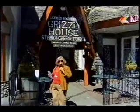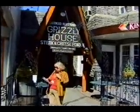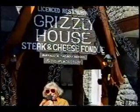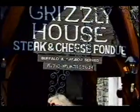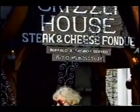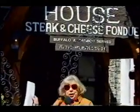standing outside the Grizzly restaurant, Grizzly House. They serve caribou, they serve buffalo, and this is the first place I've seen that has any semblance of, then they also say on this that they have over 100 wines. They're not about to make you leave here without